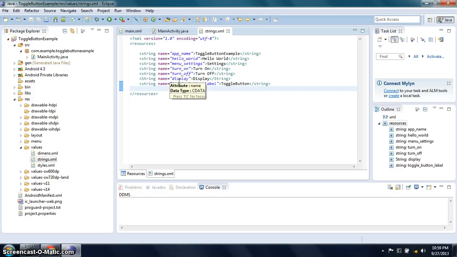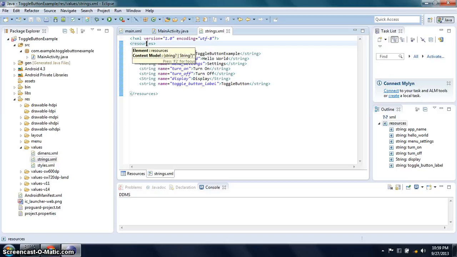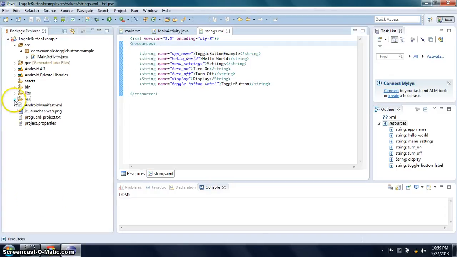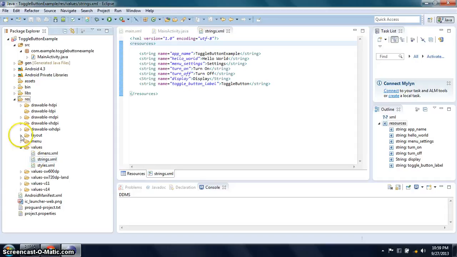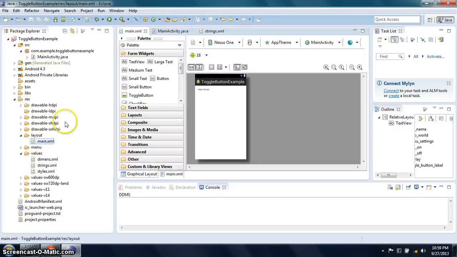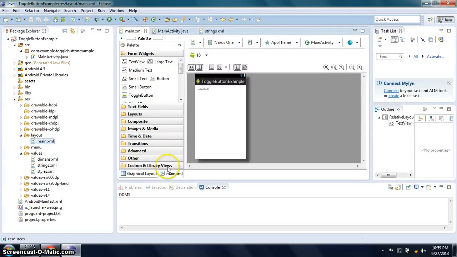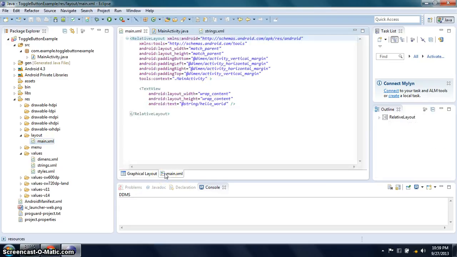Now, the next thing to do is to create toggle buttons. To do that, open res, then layout, then main. Proceed to the main.xml.